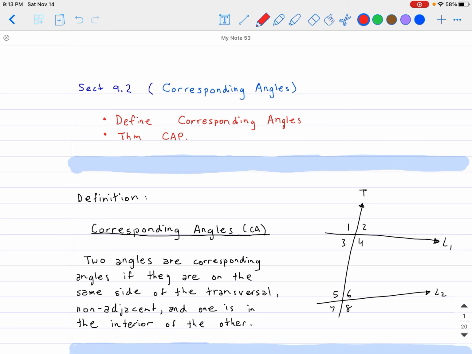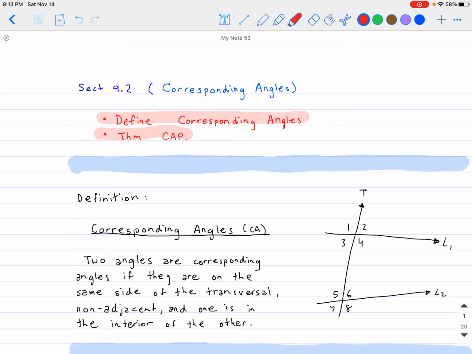Today in not calculus, in geometry, we will be talking about corresponding angles and how they are related to the parallel lines that we've been working with. Previously, we defined what a parallel line is, what two parallel lines are, and also what alternate interior angles are. So in this section, we're going to go ahead and sneak this one in, which is called the corresponding angle. Okay, so we're going to define the corresponding angles first, and then afterwards, we're going